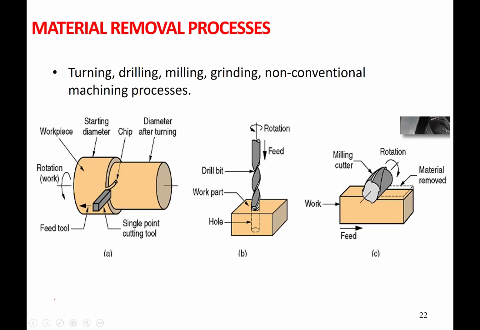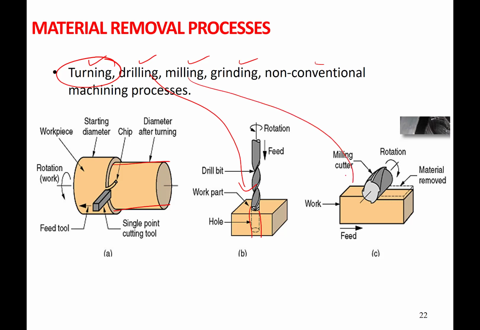Material removal is mainly a secondary process, used for realizing the exact size, shape and finish through the controlled removal of the material. There are a number of processes like turning, drilling, milling, grinding and unconventional processes. Turning is basically used to make cylindrical shape products. Drilling is used for making holes. Milling is used for making flat surfaces. Grinding is used for finishing purposes by removing a thin layer of material.